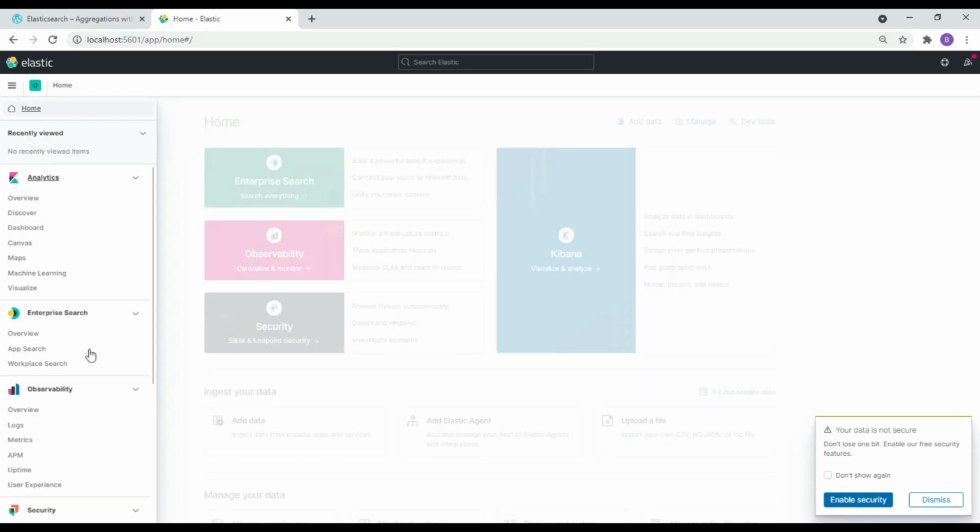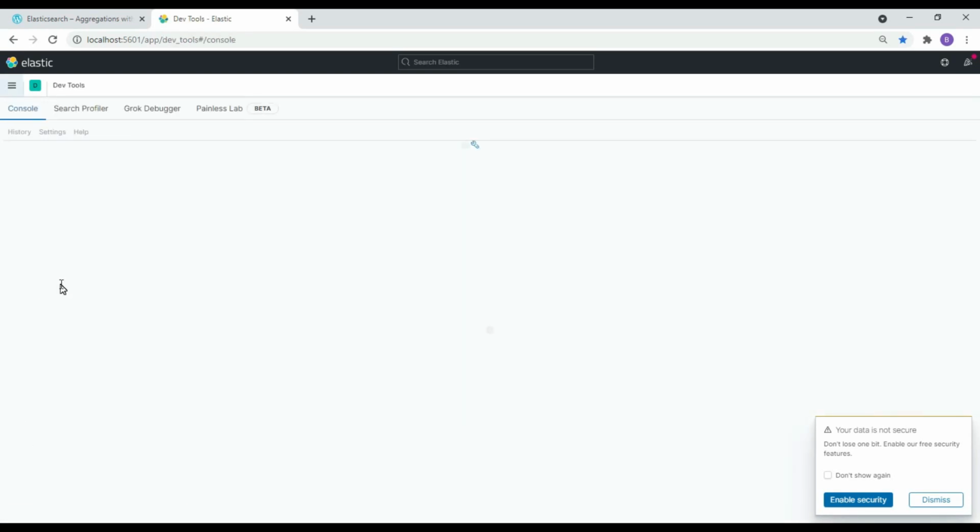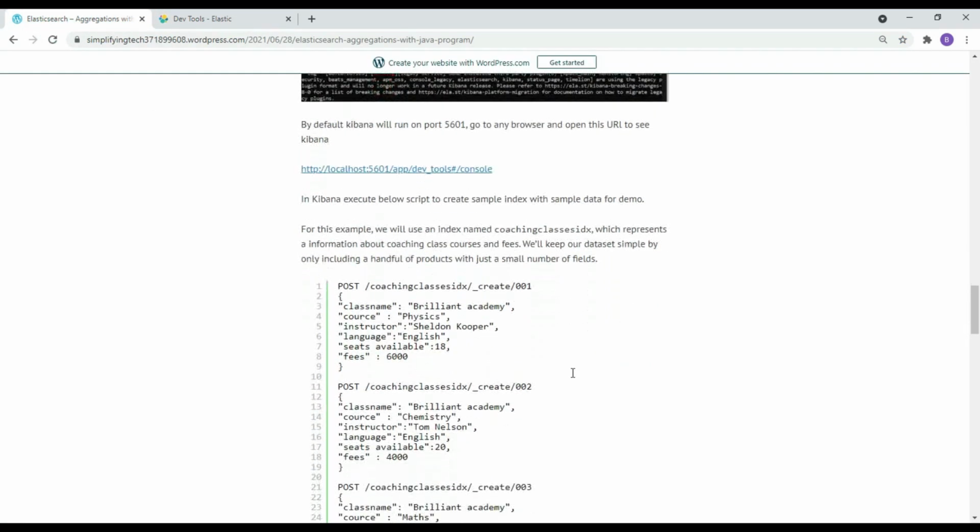Now we need some sample data to play with the aggregation functions. This is the sample script I have provided. In this example we are using the index name coaching classes.